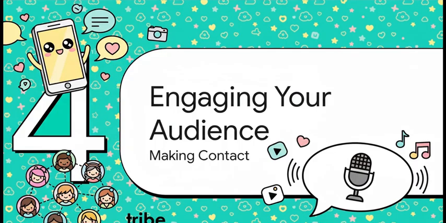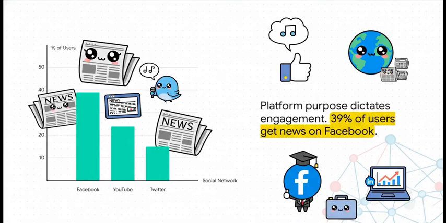You know, that idea that our behavior changes depending on the platform, that's the perfect way to move to our next point. Once we've found our tribe, how do we actually make contact in a way that doesn't just fall flat? Well, it turns out the purpose of the platform is everything. Look at this. Almost 40% of people use Facebook to get news. But LinkedIn? That's almost all business. You wouldn't try to sell complex software with a silly meme on Facebook, and you probably shouldn't post your vacation photos on LinkedIn. Context is king always.